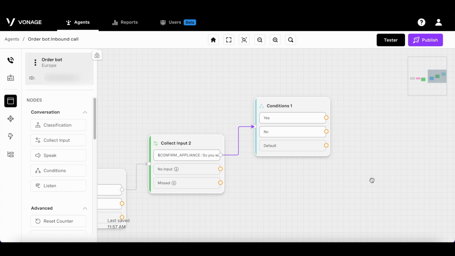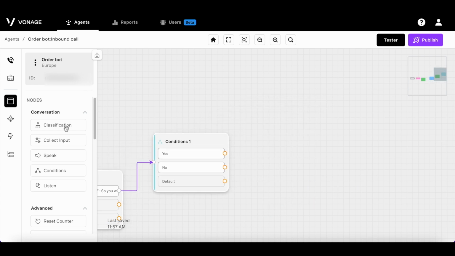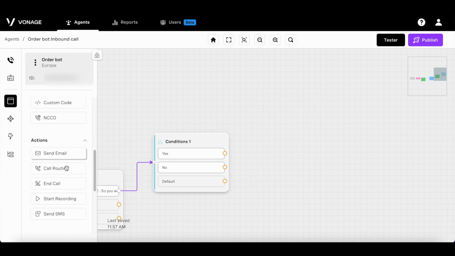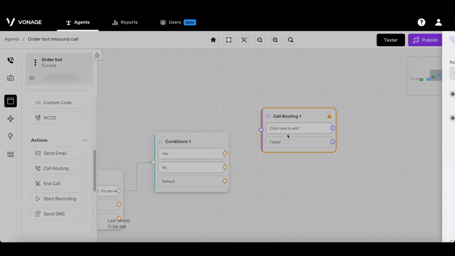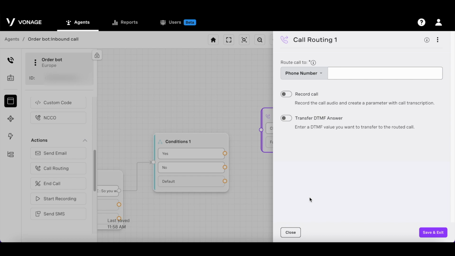What if you want to route the call over to a live agent at this point? Simple. For that, we have a dedicated node called call routing. The call routing node allows you to transfer the call to a specified number, contact, SIP, or even parameter which includes a valid phone number.